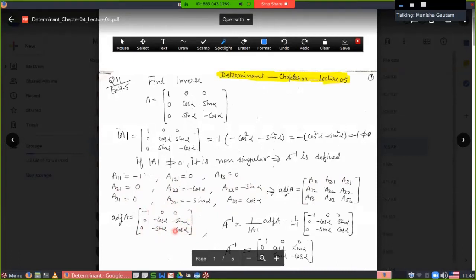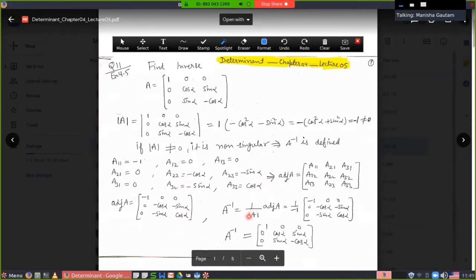Now for the formula of A inverse, you have to put in the value of the determinant of A and the adjoint of A. You will get 1 upon minus 1 and put the adjoint matrix here. When any matrix is multiplied by a scalar, that scalar multiplies all the elements of the matrix. So when the minus sign multiplies these elements, all the signs in the matrix change. The result is 1, 0, 0, 0, cos alpha, sin alpha, 0, sin alpha, minus cos alpha. This is a way to calculate the inverse of the matrix by using the adjoint or cofactors of the